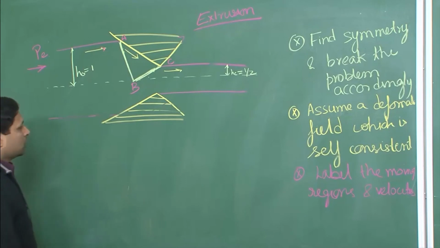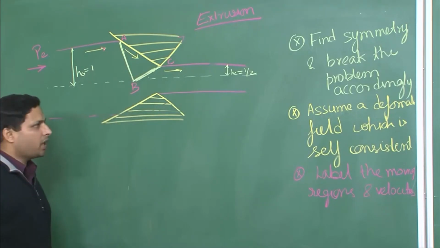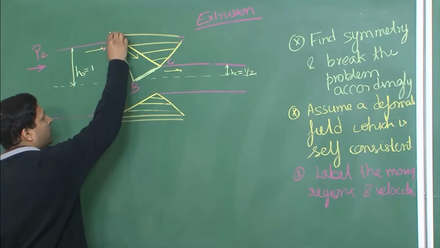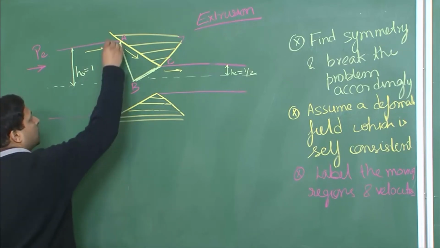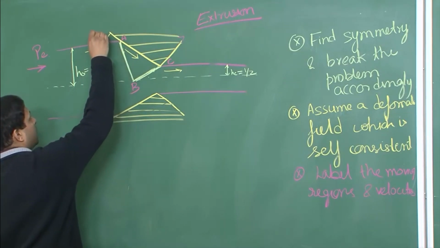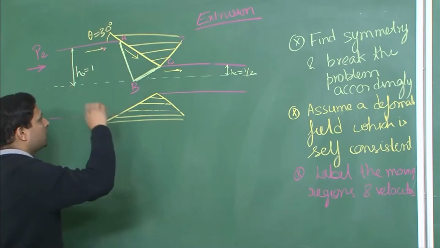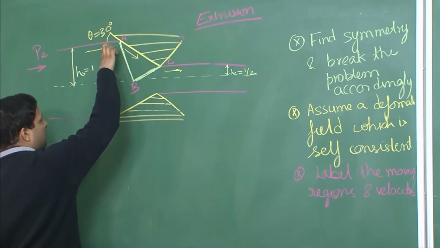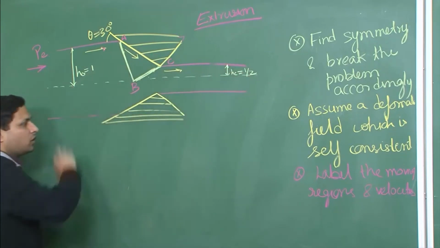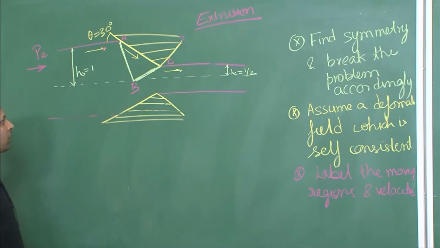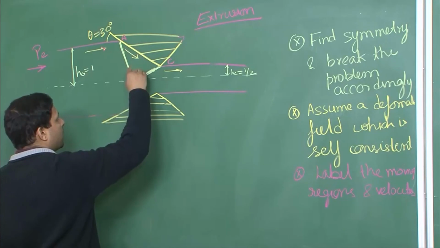Now, there are some geometries dependent upon the deformation field that I have defined, and there are some geometries dependent upon the die that has been given to me. So, I will assume that the die geometry is already given to me. For example, this is given to me as theta equal to 30 degrees. I have already defined that this is h naught and this is h exit, which is half of h naught. So, these are the geometries which are already provided to me, and I have these angles.